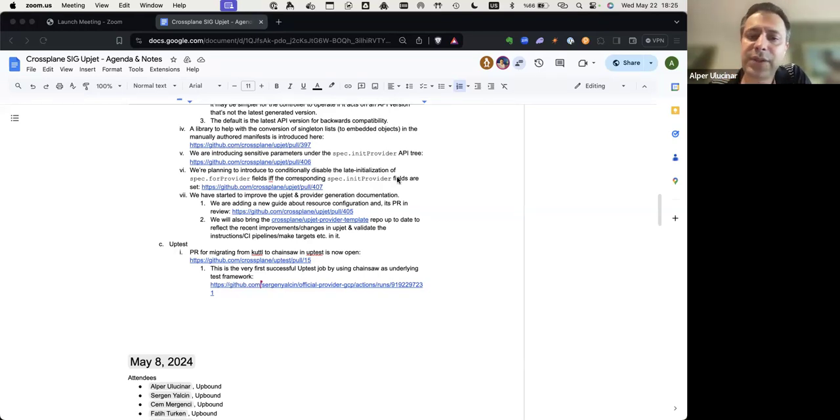But currently, the limitation in Upjet that I mentioned prevents this. We cannot use initProvider to define broker users because, when you are defining the broker user, you need to specify a password for it. And a password is a sensitive piece of information that's stored in a parameter secret.